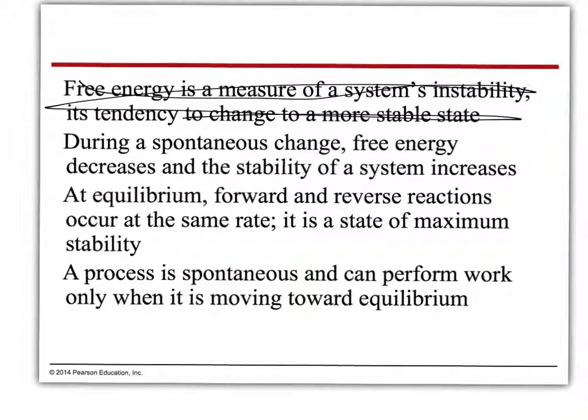Now, a process, this last part is true. A process is spontaneous and can perform work only when it is moving toward equilibrium. So if I have way more reactants, and I put them together, the reaction is going to occur spontaneously. As long as those reactants are present in high amounts, they will form products. Once they reach an amount where they're equal between reactants and products, they no longer can do work, and there's no more